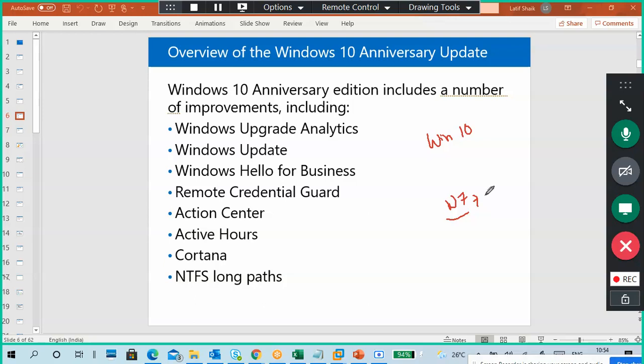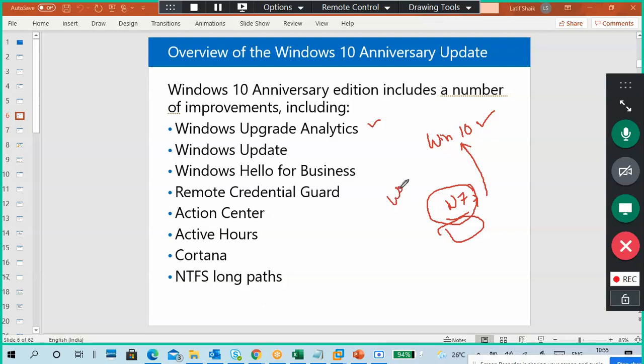So what they did, instead of pushing you to buy Windows 10, they're giving a free upgrade to Windows 10. How can you upgrade from Windows 7 to Windows 10? By this one only. While your system is updating, Microsoft installs an Upgrade Analytics, a small package, in your system. It analyzes your system, your hardware, and checks whether you are suitable to upgrade. Then you can upgrade to Windows 10.